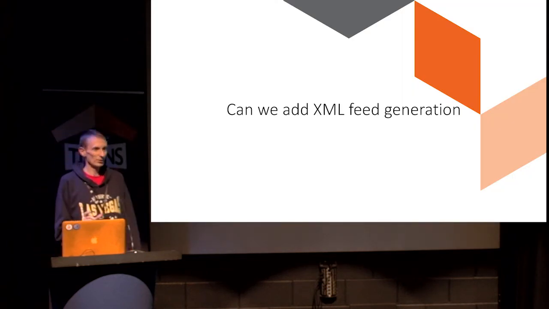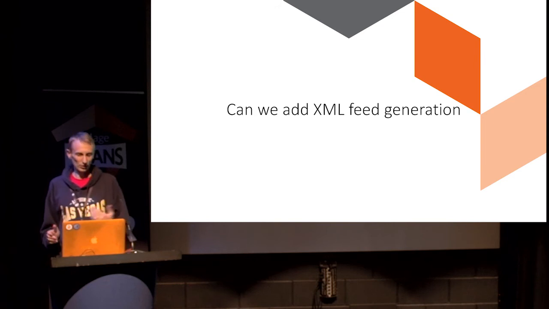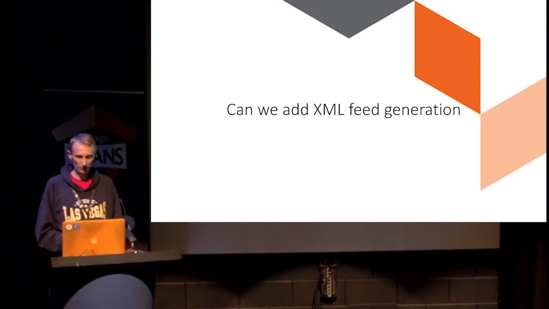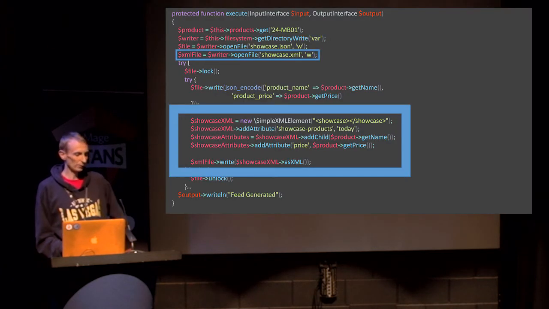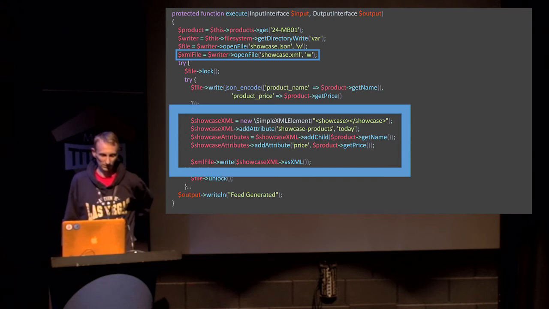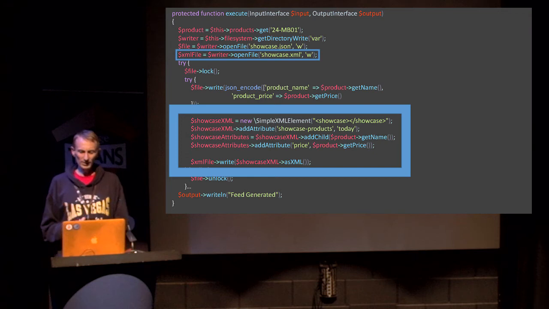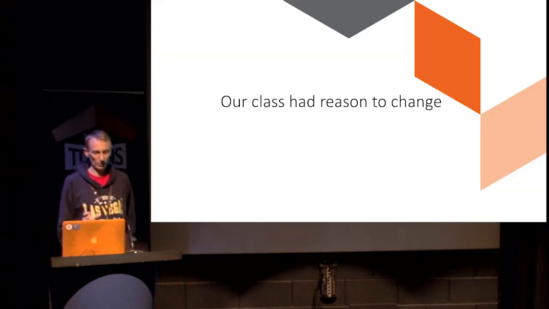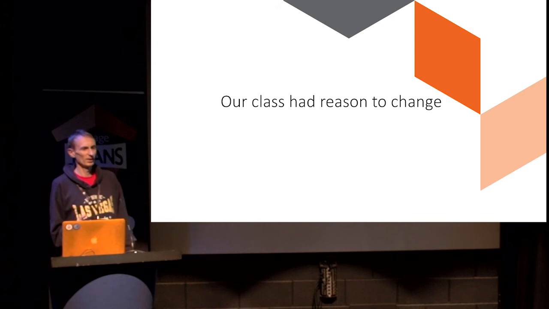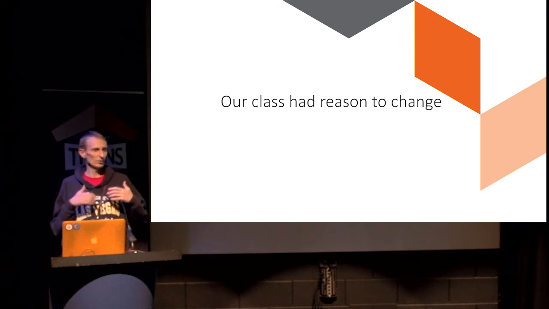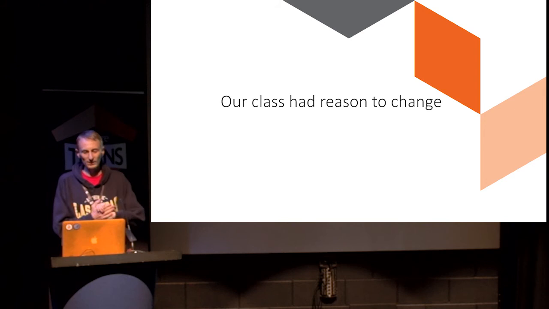But now we want to add XML generation to our class. The project's evolved a little bit, so our little proof of concept or our startup has evolved past what it used to be. So we could go down the route of just adding it to our class. Our execute method has now got an XML feed in there. But that's a little bit of a violation of our single responsibility principle, because our class has had a reason to change. No longer was it just doing JSON, and doing JSON well. Its behavior now had to evolve into understanding how to deal with XML generation. So it is still doing product feed, but it's doing two parts of a product feed.